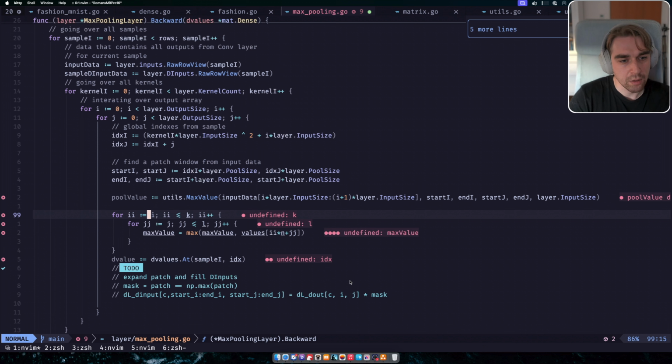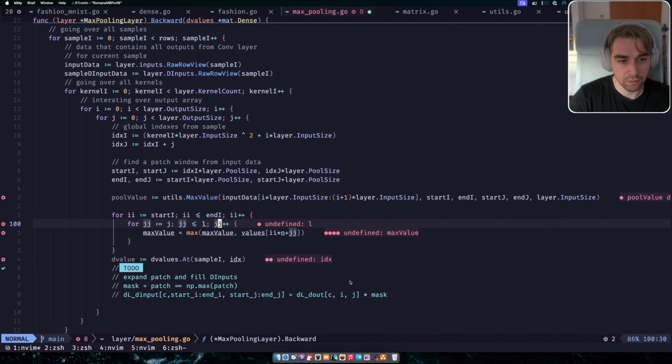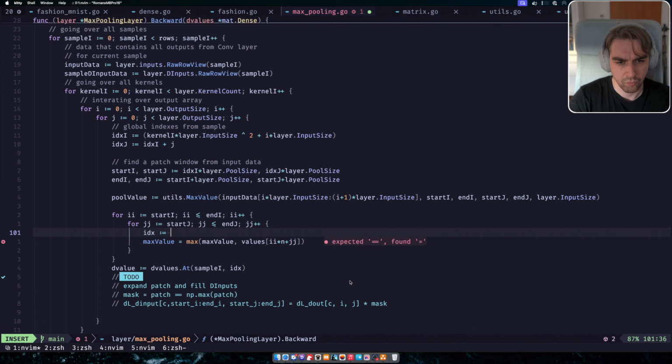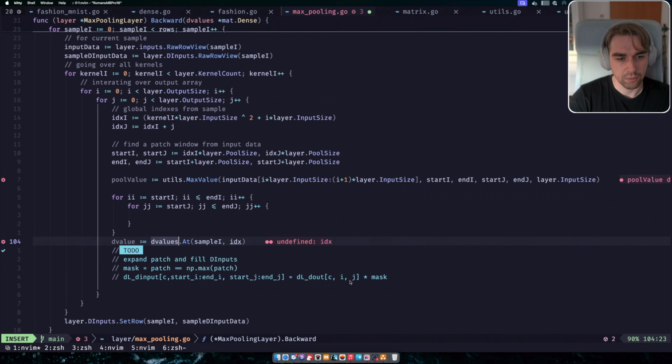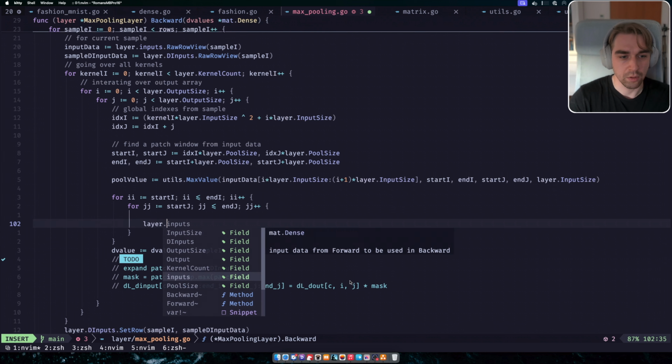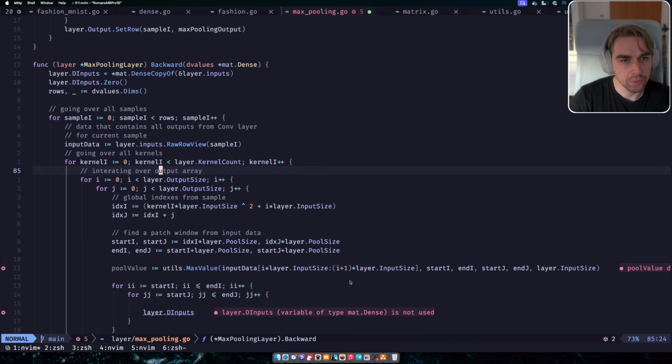Okay, so the I is actually the start I, and we have the end, and that should be same start. So we have the layer, the inputs. Okay, we don't need this one. The inputs, same